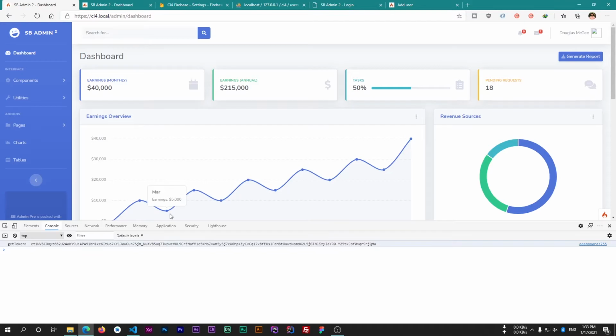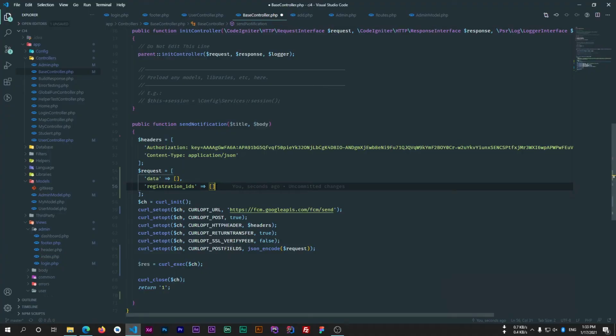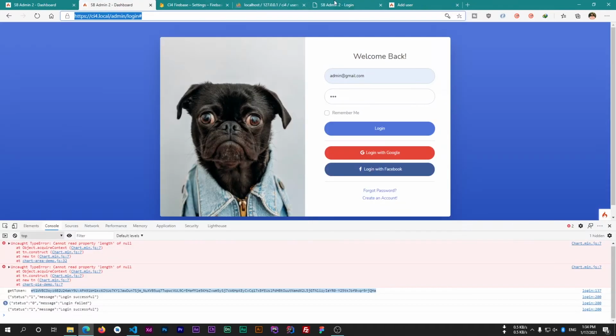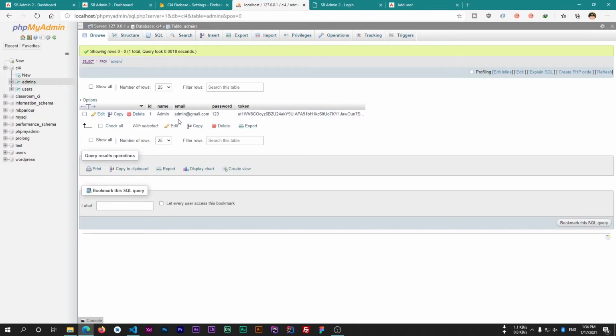If we want to send notification to 5 users, then we will pass token of all those 5 users in this parameter. In this tutorial, we want to send notification to our admin. So as the demo purpose, we have only one admin, and that will be 1 in my case.